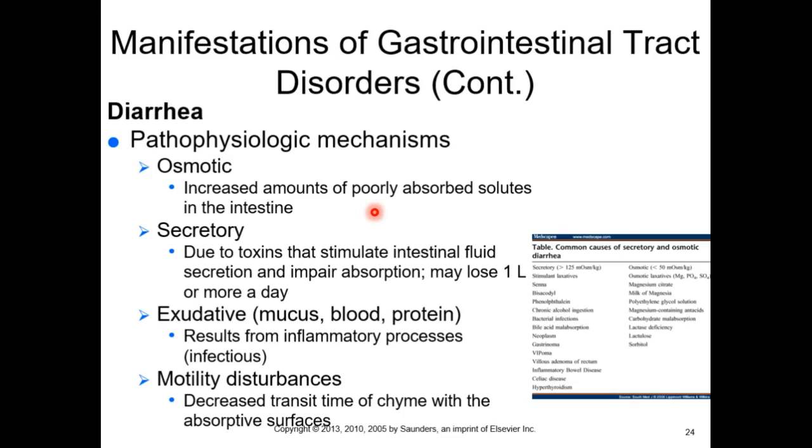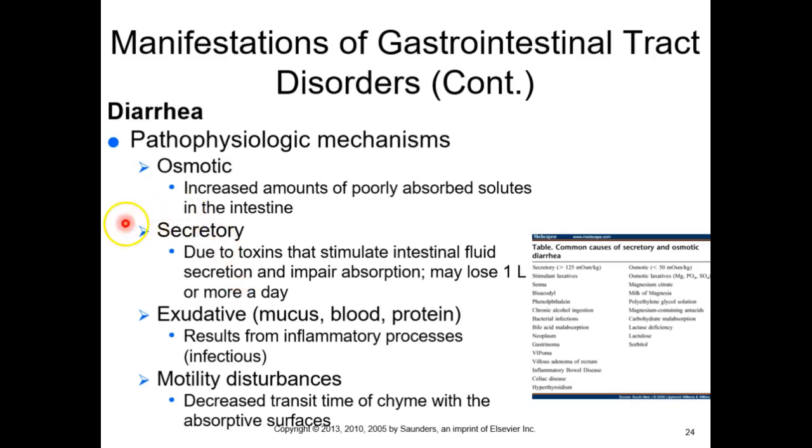But it could also be because of a short gut syndrome, or maybe we've surgically removed part of the small intestine and you've decreased absorptive surface. So all of that stuff that should have been absorbed throughout the GI tract has not had enough time. That would be another cause of that. What's up? I don't know. It's a great question. Let's try to find out over break if there's some plastic thing that can happen.